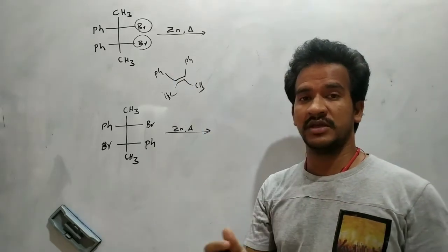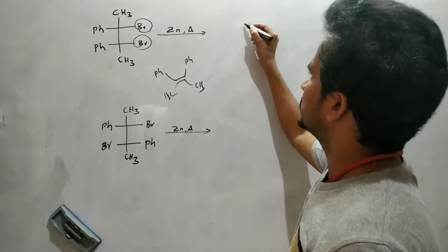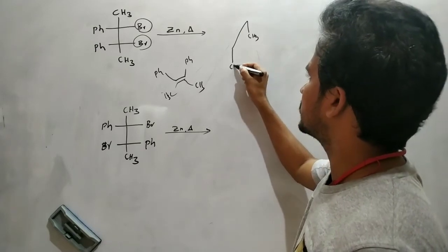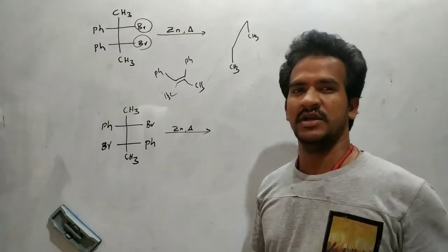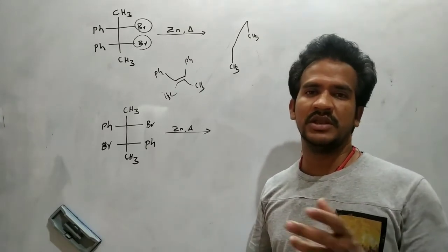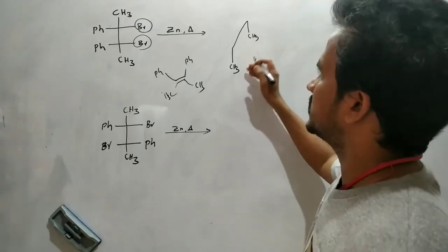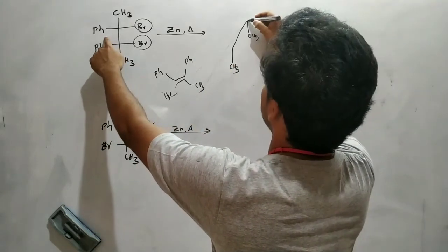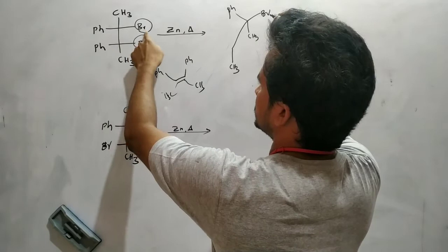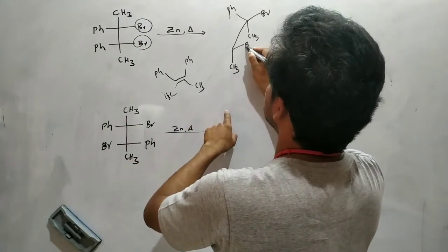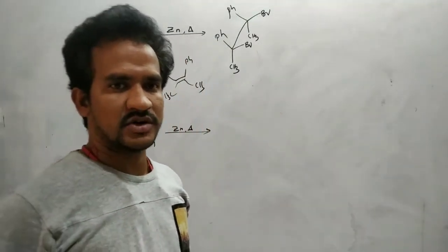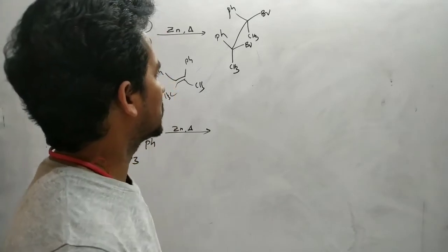Now here, E2 reactions are anti-elimination reactions. So in this case, first of all, this CH3 is in the downward direction. This 2D Fischer projection formula must be written in a Sawhorse projection formula. That means methyl downward. Next, phenyl on the right side, this bromine on the left side. Now again bromine on the right side and this phenyl on the left side. It is a 3D representation. So the Sawhorse projection is nothing but a 3D representation of the molecule.